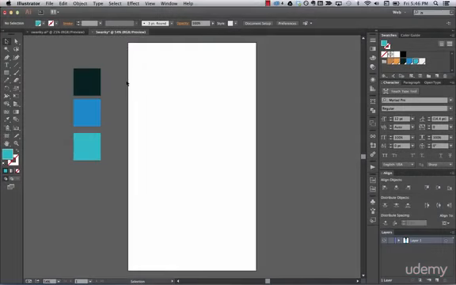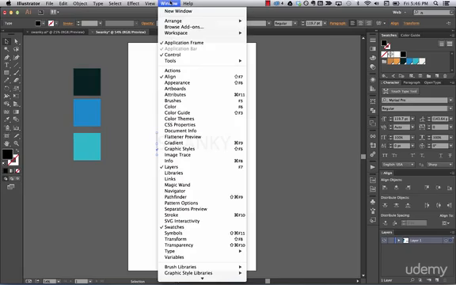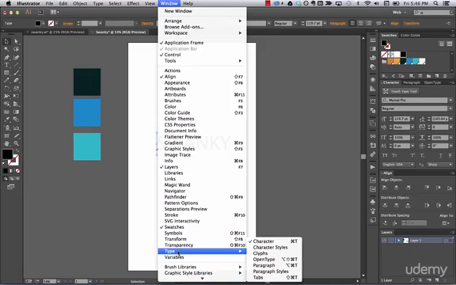So what if we start with the logo? It would be great to start with the logo, right? That's a great way to start. So the logo is going to be just text. So just write Swanky. And then here on the character, if you don't have it open, just go to Window, Type,